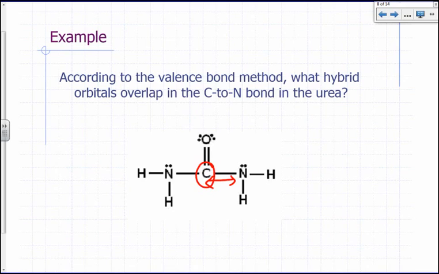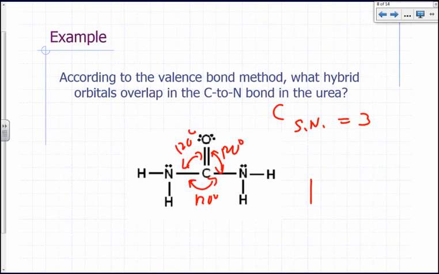Let's take a look at carbon. The steric number for carbon is 3, right? There's 3 groups sticking out of the carbon, so we know that this should be 120 degrees, that should be 120 degrees, and that should be 120 degrees. 3 groups sticking out of the carbon atom should be 120 degrees apart. So the hybridization you're going to need here is sp2. So the carbon will have to use an sp2, and it's going to overlap with